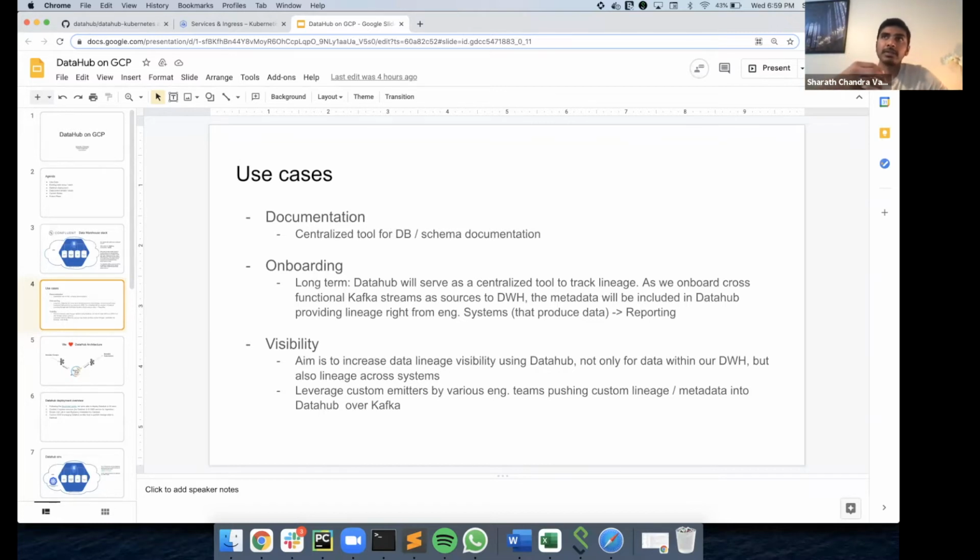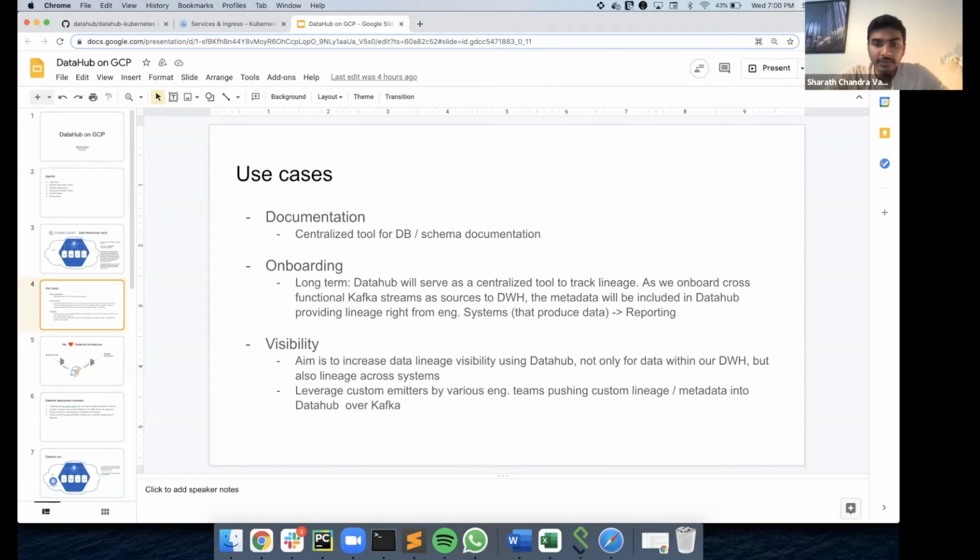Another example is right now we have data sources where an engineering team produces data into a Kafka topic. We use a connector to push the data into BigQuery. Then there are multiple layers where transformations happen, and you see a final table that could be real time, real time plus batch, or batch processing over real time. This lineage would help us identify that this reporting table has a source of this Kafka stream, and not just the internal data warehouse tables, but also the source of the stream that we have the data from.